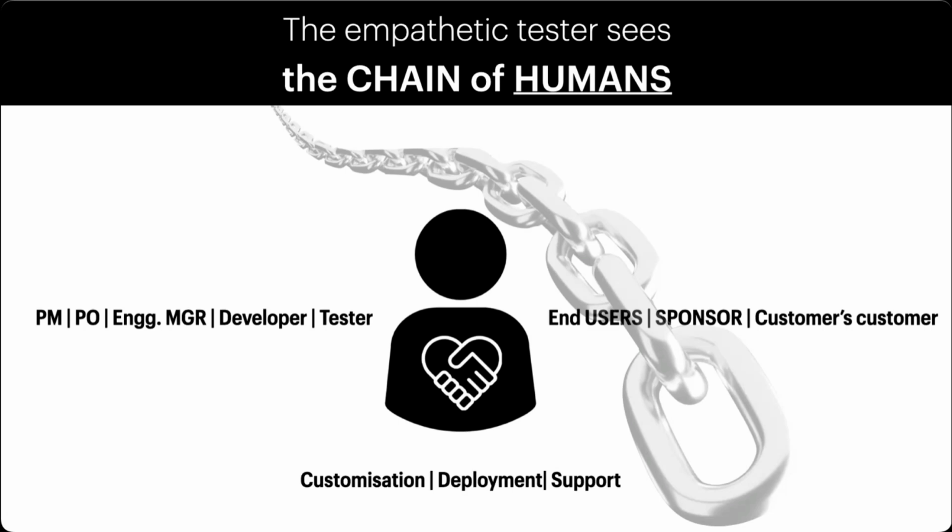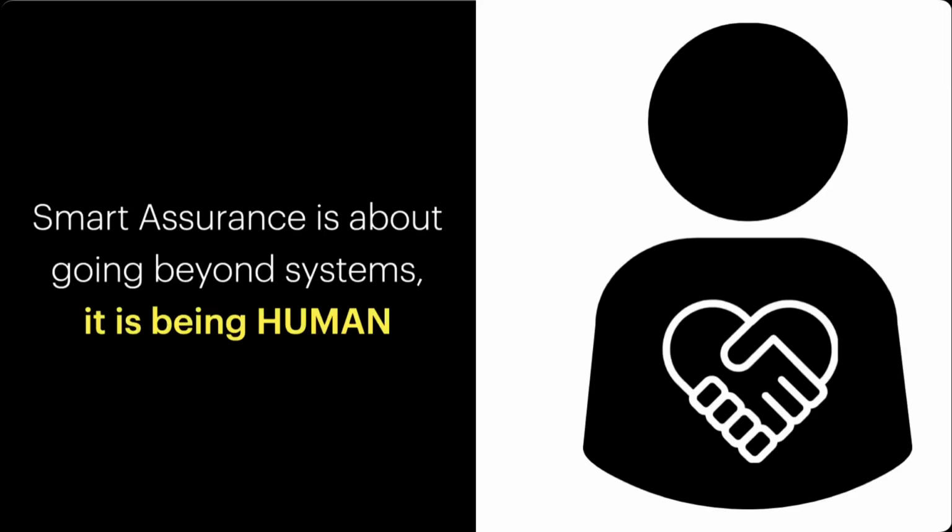So we started off with the idea of users, as in end users, SIs, and the third set. Then we went on to life cycle, and then we connected to the notion of producers, consumers, other producers, and then looked at it from a chain perspective. At the end of the day, we might do a fantastic job from a system standpoint. We might use great technologies and tools. We might have great methodologies, but never forget that at the end of the day, there is some human who is hopefully benefiting. So I think at the end of the day, smart assurance is not just about systems. It is actually going beyond the realm of systems.